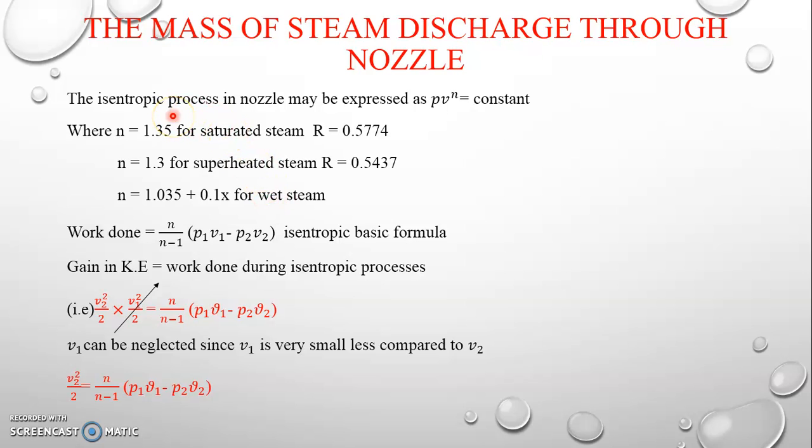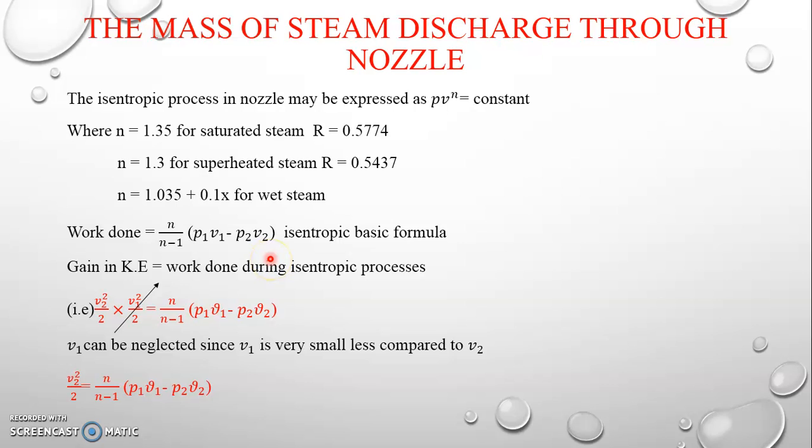Generally, the isentropic process in the nozzle may be expressed as PV^n equal to constant, where n is the polytropic index. n is equal to 1.35 for saturated steam. The critical pressure ratio is 0.574. For superheated steam, n is equal to 1.3 and the ratio is 0.5437, and n is equal to 1.035 plus 0.1x for wet steam. Work done is equal to n divided by n minus 1 into (P1 V1 minus P2